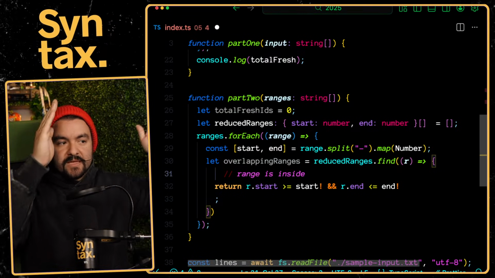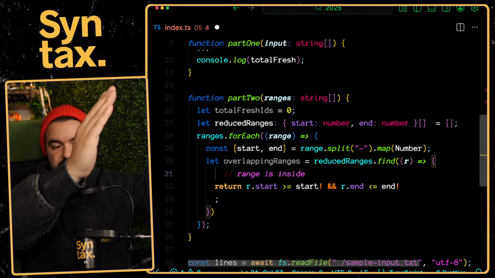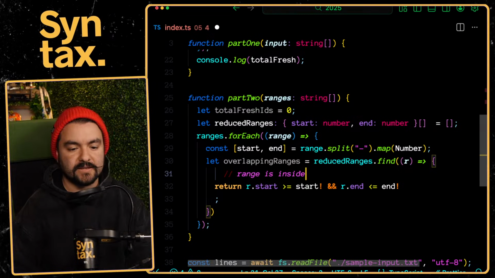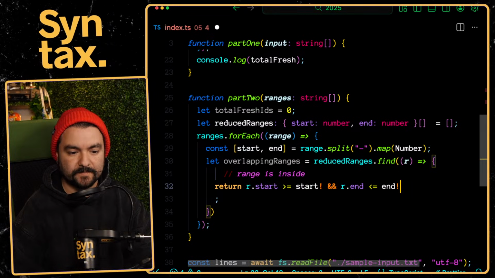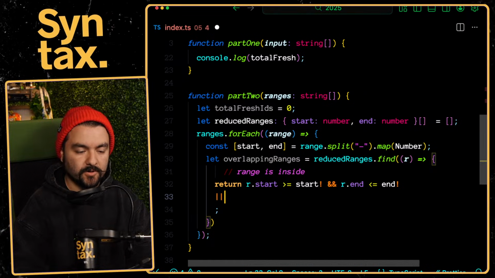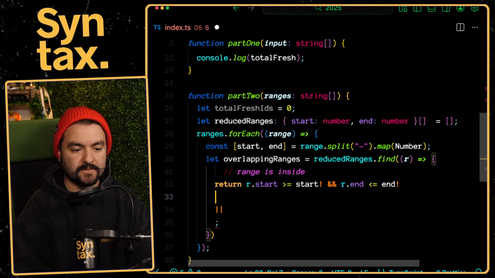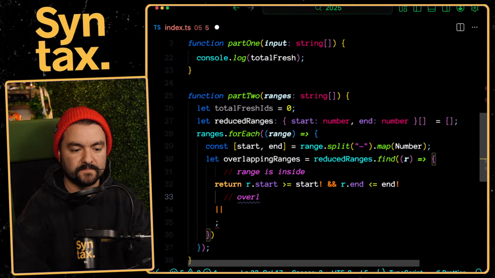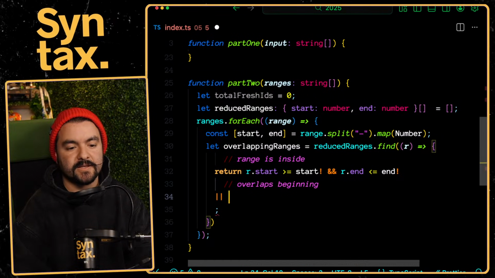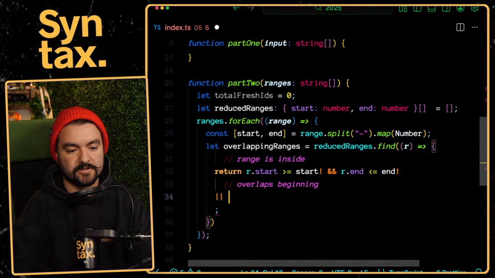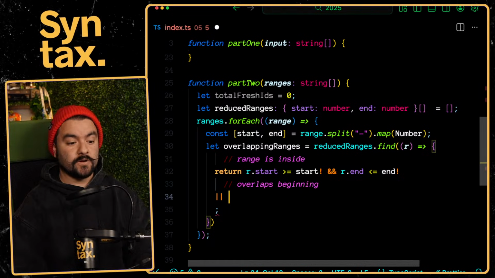Is it inside? The other thing is, does it overlap with the start, and then does it overlap with the end? So this one is, it is inside. Or we want to find, we'll say overlaps beginning. And this will be if our end,